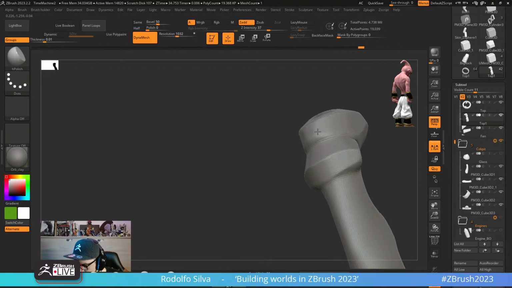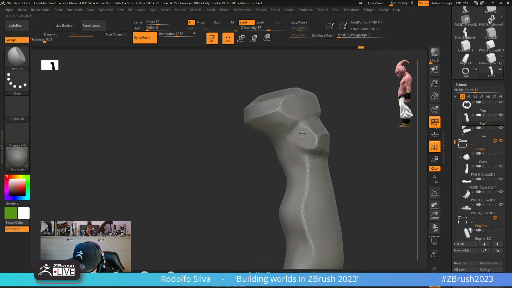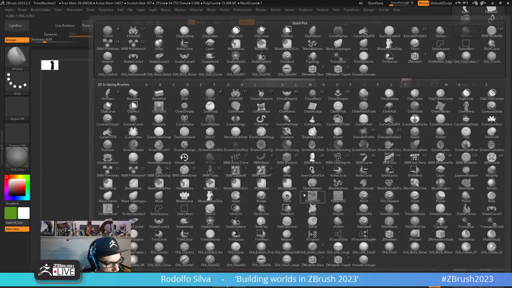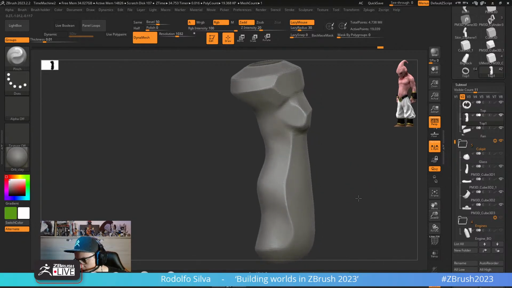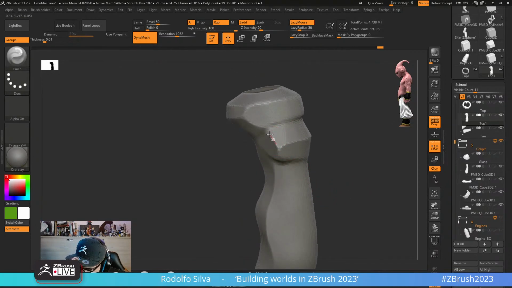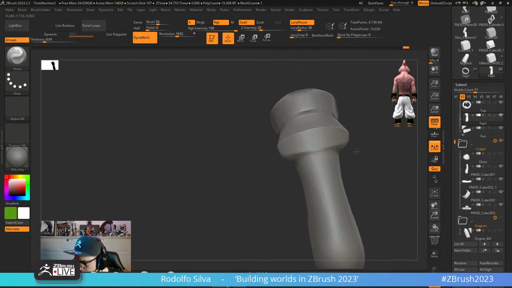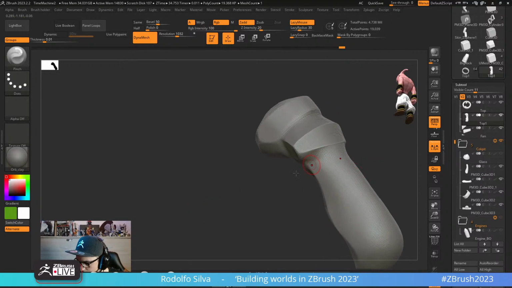It is very important that we get nice, harsh edge transitions, especially here. So we could even go over with a pinch brush, lazy mouse, and I can just go over and do this and then just press 1 to repeat till we get a nice super clean edge. Same thing goes over here, super clean edge. Same thing goes over here, super clean. Smooth this out,